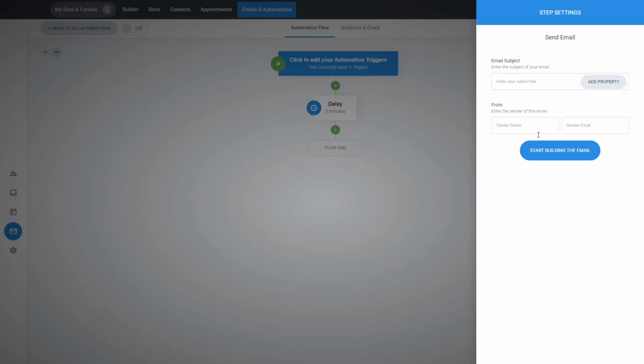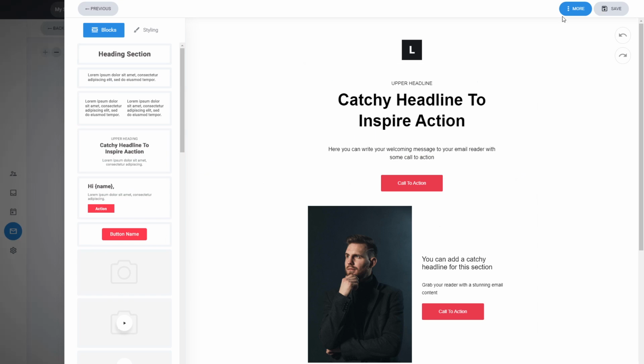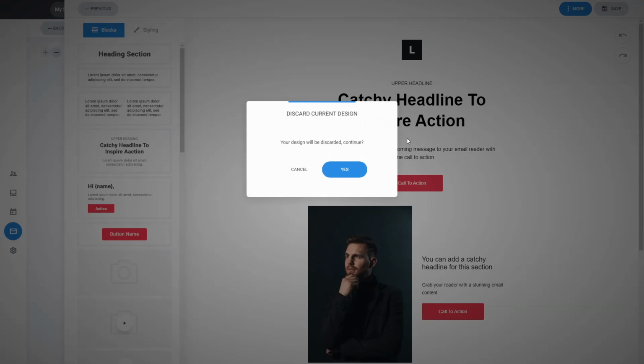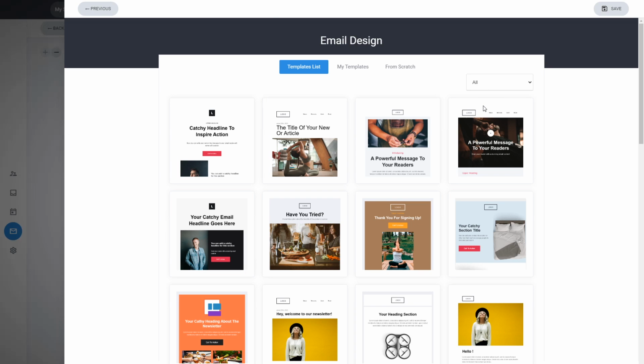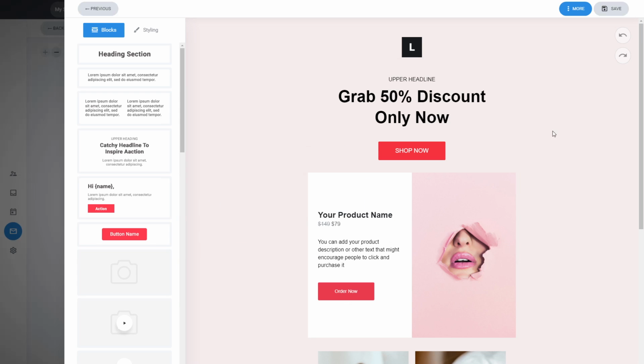Here you can add your subject and start building your emails with your email builder. Here is one such design. Maybe if it's a product, you can select a product type, we have e-commerce type designs here. So you can show them a video with a specific product in mind. Let's say this one, and people can actually purchase the product. Again, you can send them to the page where they can purchase it, but you can also email them, and not just once,